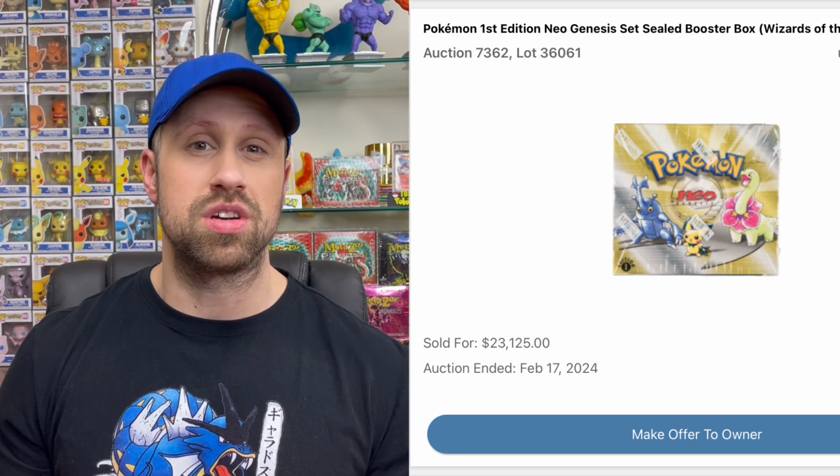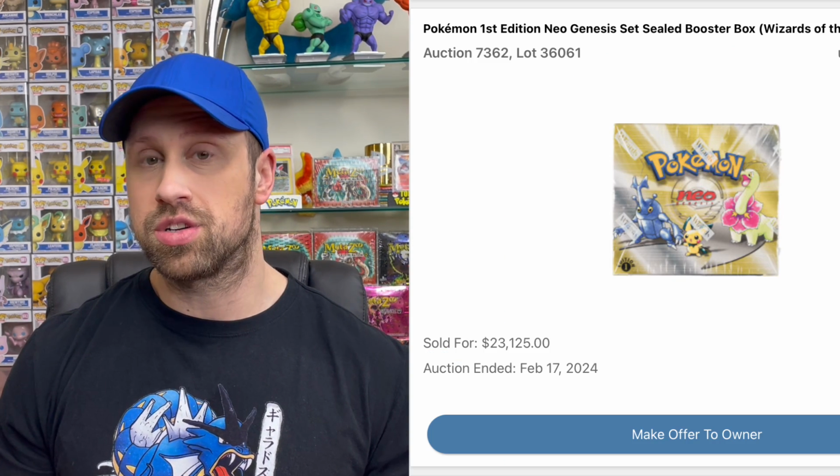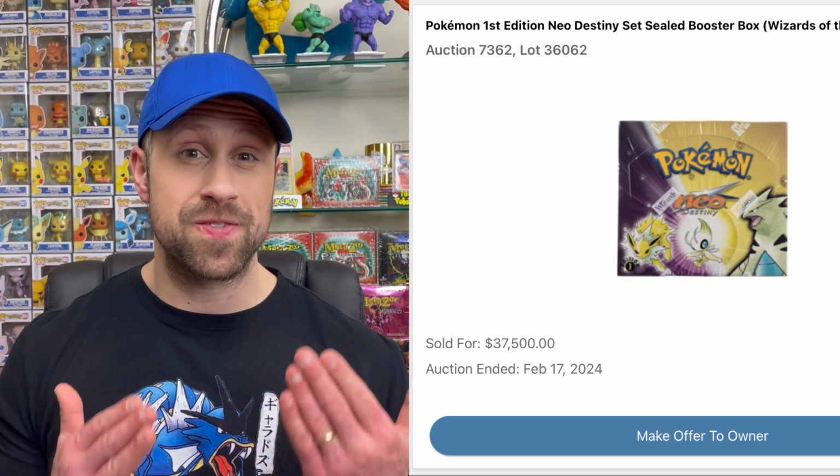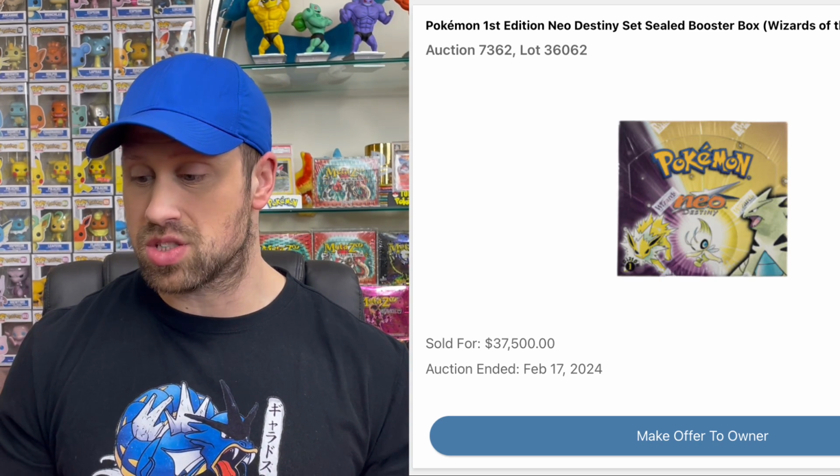$12,505. And then we saw this first edition Neo Revelation booster box sell for $25,010. Here is a first edition Team Rocket booster box sold for $15,860. And then we saw a first edition Neo Genesis box on Heritage sell for $23,125. Along with this first edition Neo Destiny box that sold for